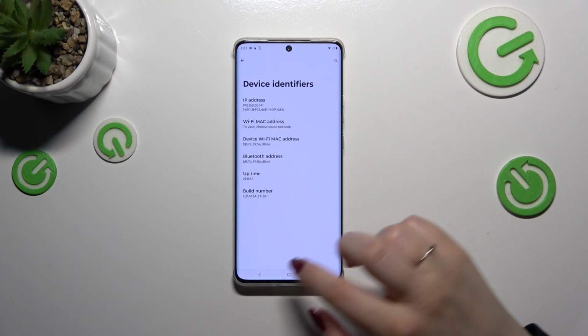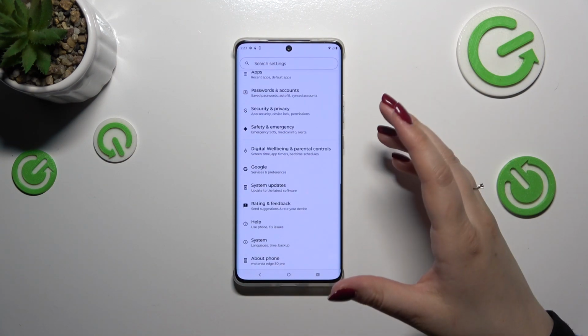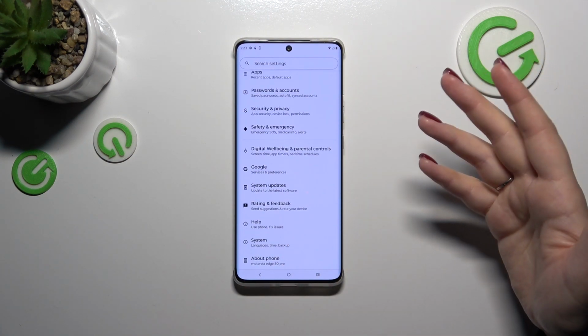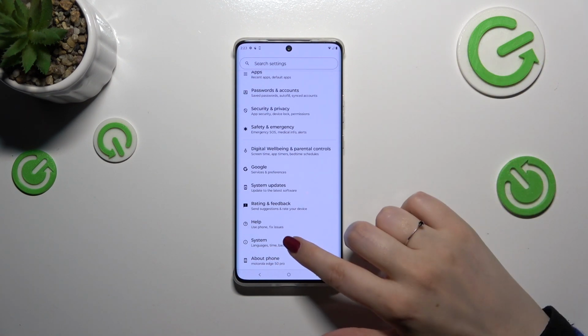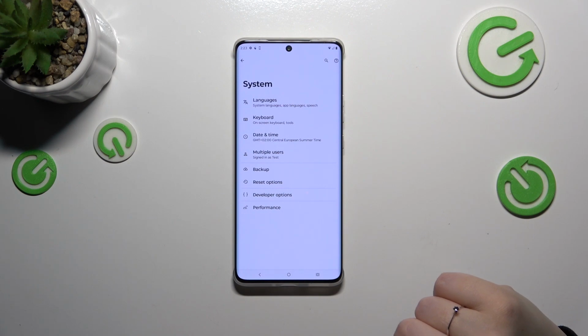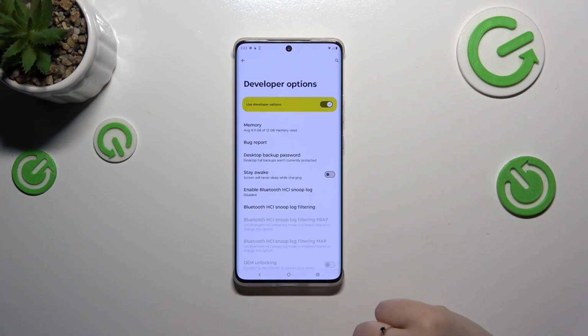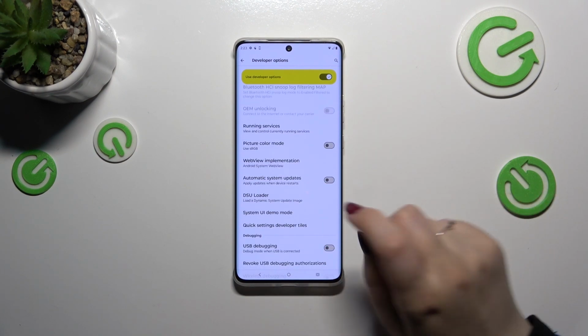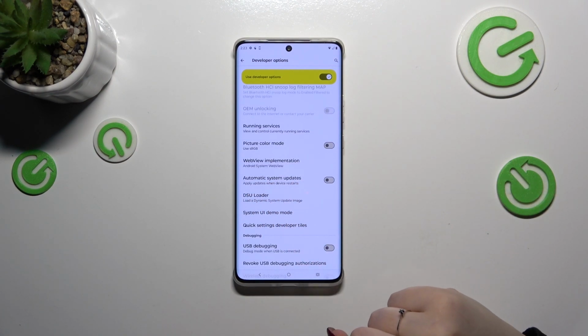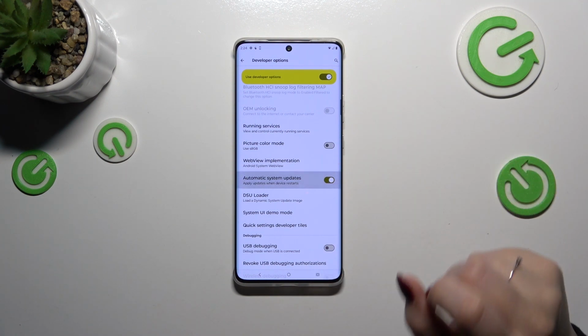So after the activation, we can go back to the general list of settings and then enter the system, which is right above the About Phone. So let's tap on it and then enter developer options. All we have to do right here is to scroll down just a little bit to find this automatic system update. In my case, this option is turned off, so simply turn it on just by tapping on the switcher,